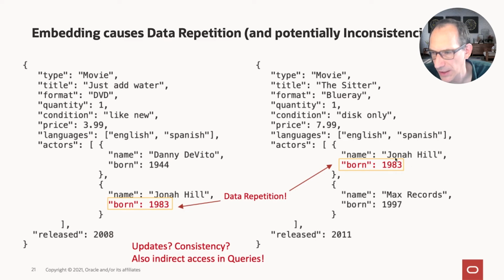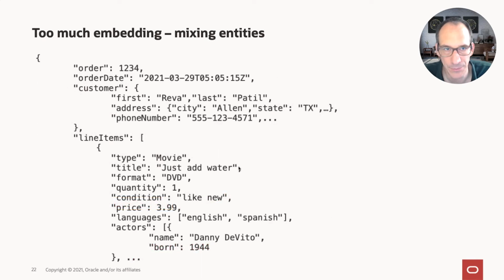And it's not only that you have to repeat it and waste a bit of space, but inconsistencies would also be possible. What if you change one data set and the other one is still pointing at the old data? Then you have inconsistent data, and you also don't have a central place where you do these updates. If you wanted to update an actor, you would have to update all the documents that point to this actor. Especially if you use a NoSQL database for JSON, which is weaker on transactions, this might be quite problematic.